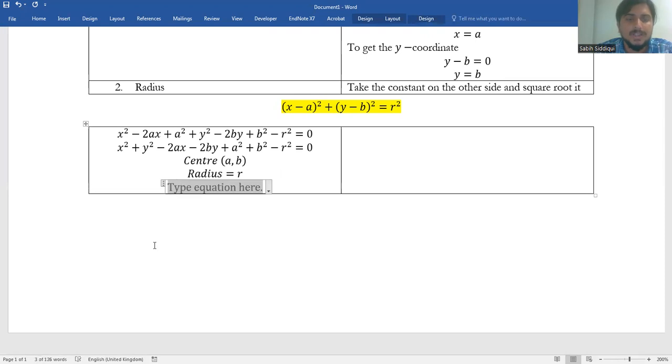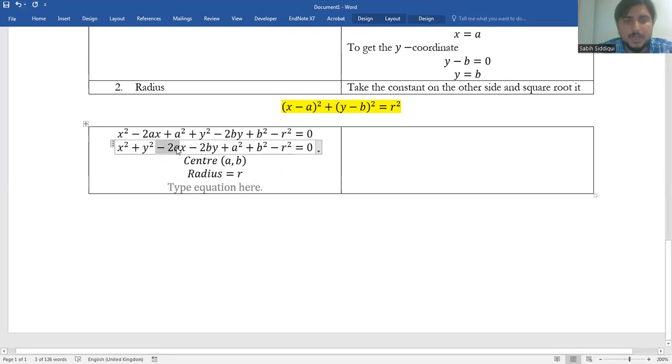So what do I do to get the center and the radius from this expanded form? If I take the coefficient of x, what is the coefficient of x? It is minus 2a, and I divide it by negative 2. I already know that the center is (a, b), I only need to define the operation to get the center. So the operations are